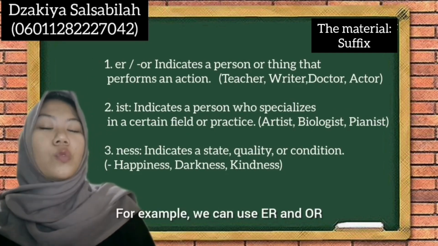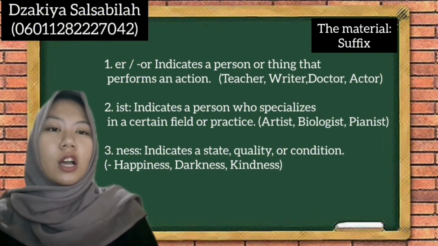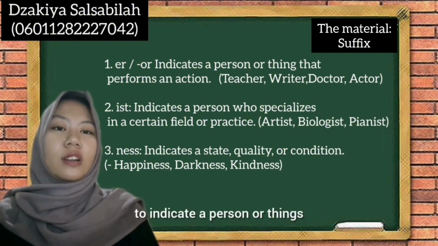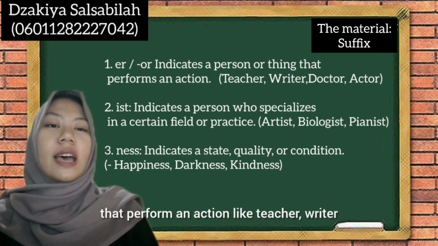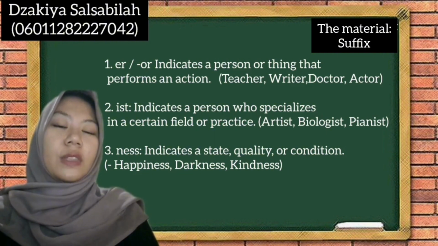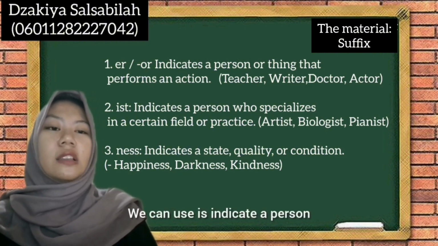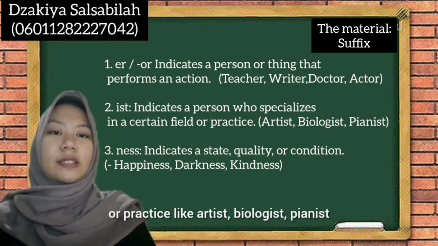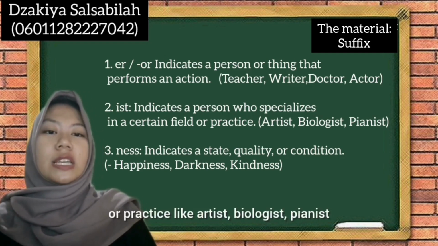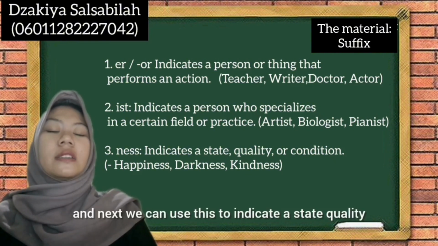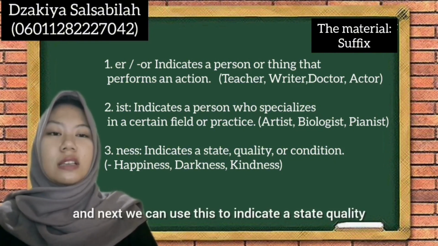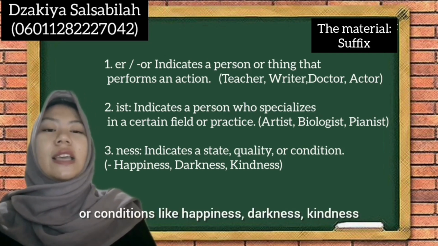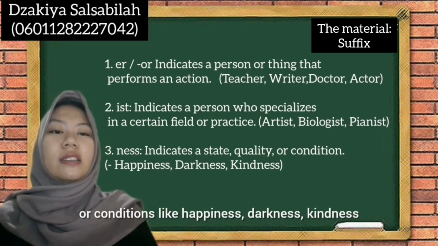For example, we can use "-er" and "-or" to indicate a person or thing that performs an action, like teacher, writer, doctor, and actor. We can use "-ist" to indicate a person who specializes in a certain field or practice, like artist, biologist, and pianist. And next, we can use "-ness" to indicate a state, quality, or condition, like happiness, darkness, and kindness,